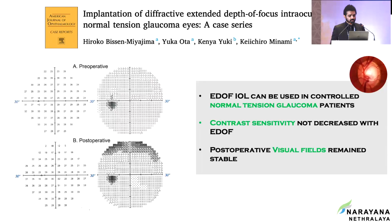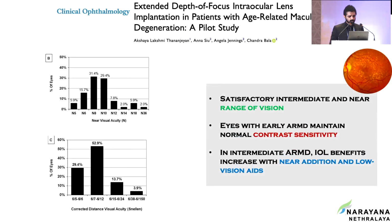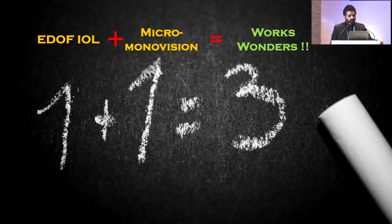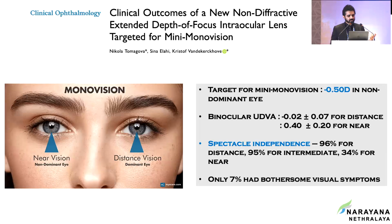Now here you can see glaucoma patients where it was implanted, and the contrast sensitivity did not decrease with EDOFs, and the postoperative visual field also remained stable. Here's a set of patients who were operated on after radial keratotomy with refractive EDOFs, and 79% of the patients had better than 20/40, and 62.5% achieved the target refraction, and so on. Now here, you can see it's been implanted in age-related macular degeneration. And again, the eyes with early ARMD maintained normal contrast sensitivity and had good vision. But when you combine this with micromonovision, it works really, really well. So when you target a micromonovision of 0.5 or 0.75, the patient bilaterally almost has 20/20 vision at